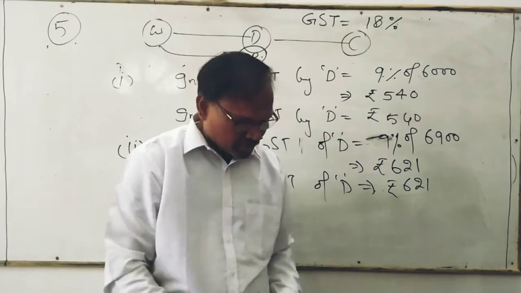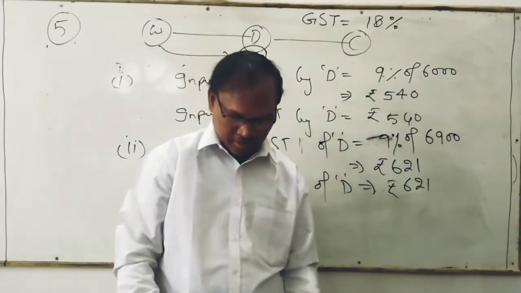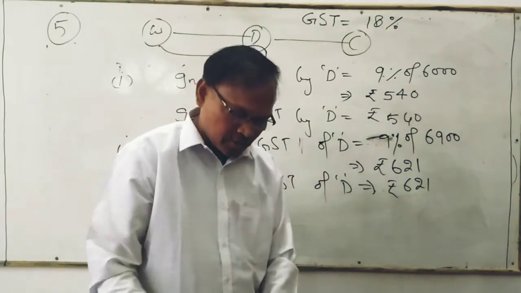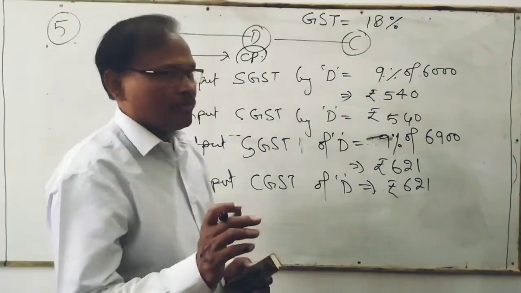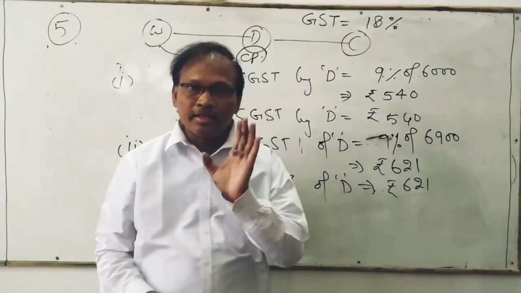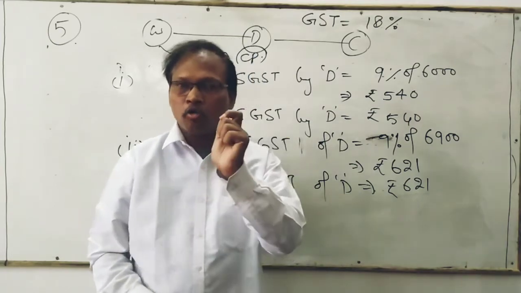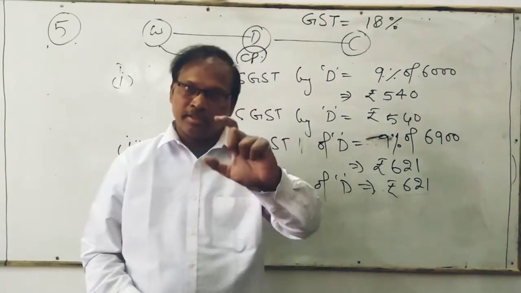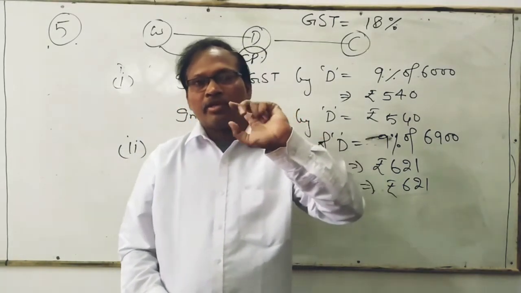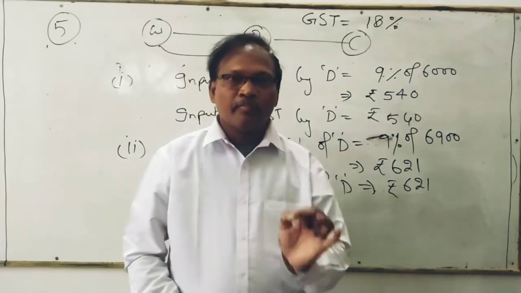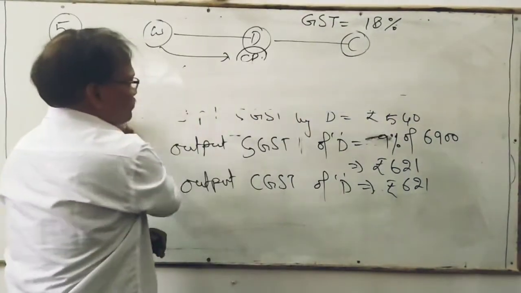Now the third part, the net CGST and SGST paid by dealer. Net CGST and net SGST. तो net का मतलब यहाँ पे क्या हुआ? Net means the tax liability. तो tax liability, what is the tax liability? Output CGST minus input CGST. What is the tax liability for the CGST? मतलब कि ये जितने भी हैं इनको डिफरेंस में.